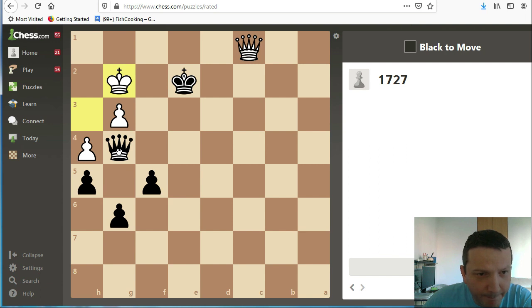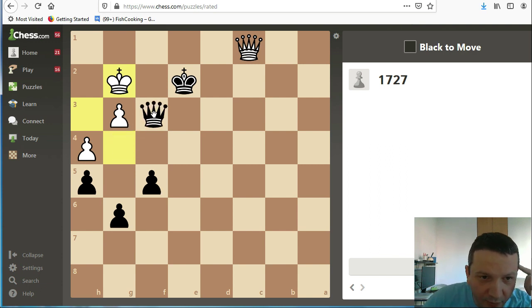This is a nice endgame puzzle, but pretty much difficult. We need somehow to trap the black queen or king. What can we do here? We can check like this with the queen on f3, and